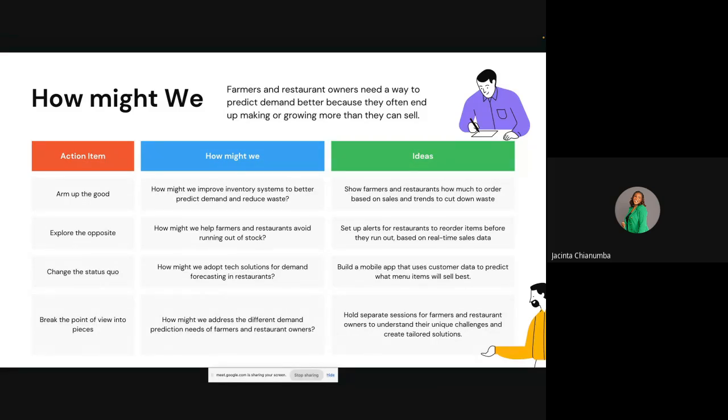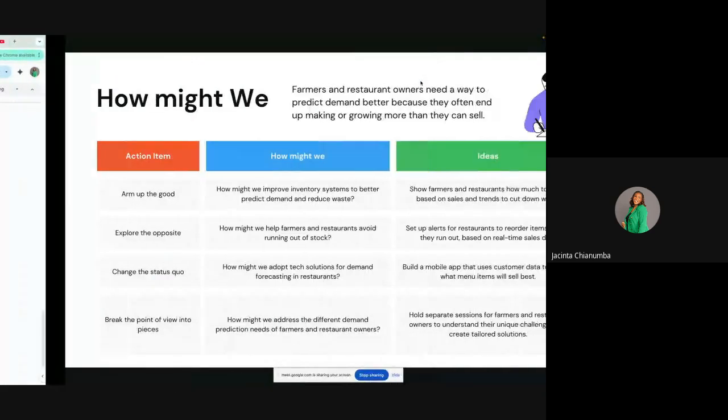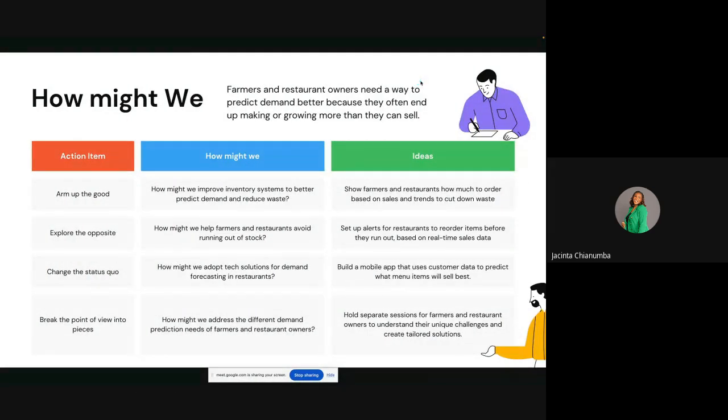The first drawing can be, okay, I'm seeing predictive data, and then I can now order based on this record. And the second idea drawing can be